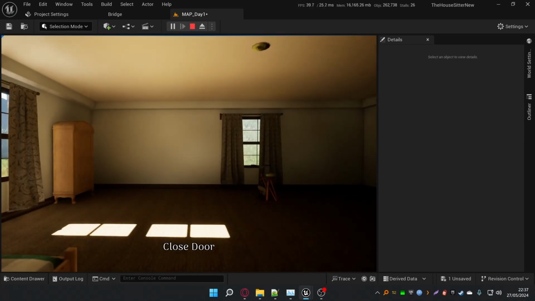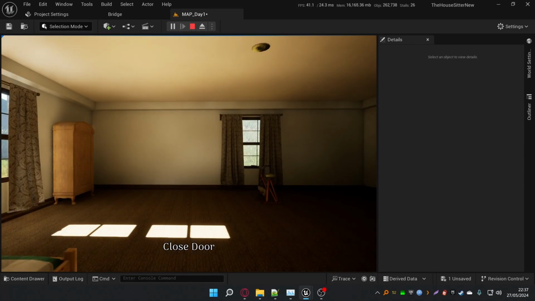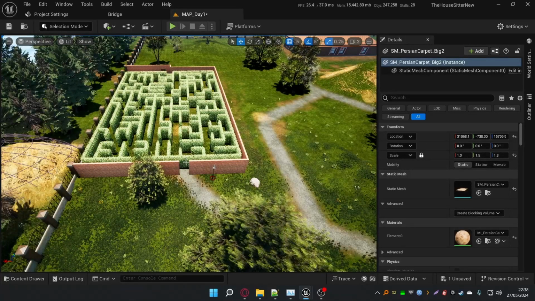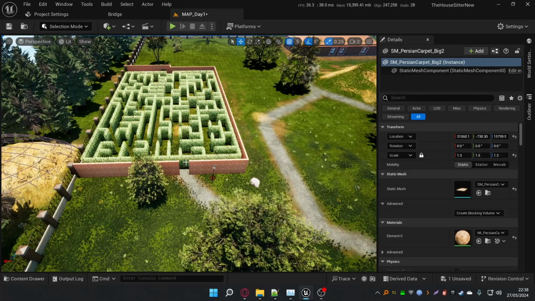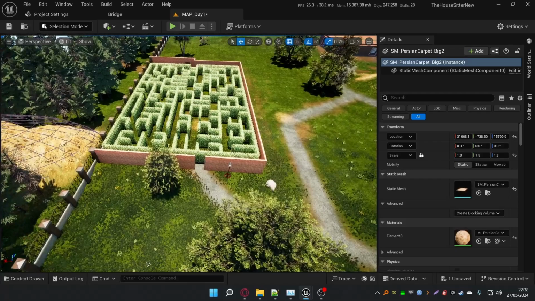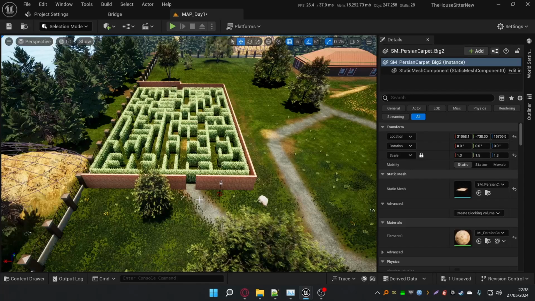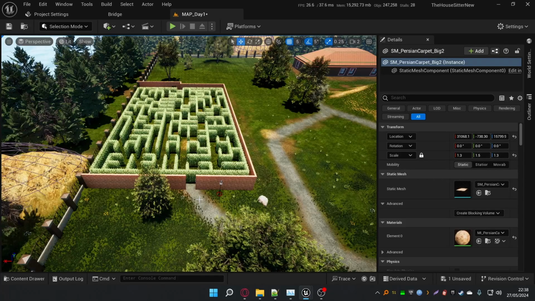Okay, so that's that section. The next thing to mention is the new maze. I was never happy with the old hedge maze. In particular, the textures looked really crappy compared to everything else that I was using. And I decided, just before I did my last alpha build, to replace the hedge maze textures with something I